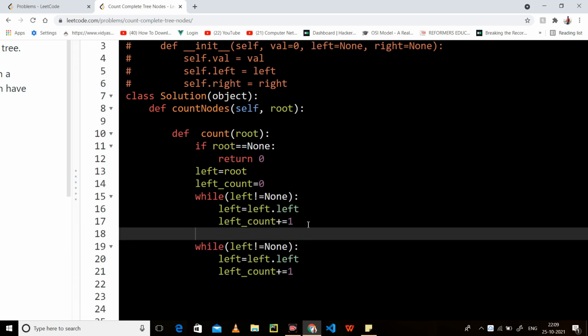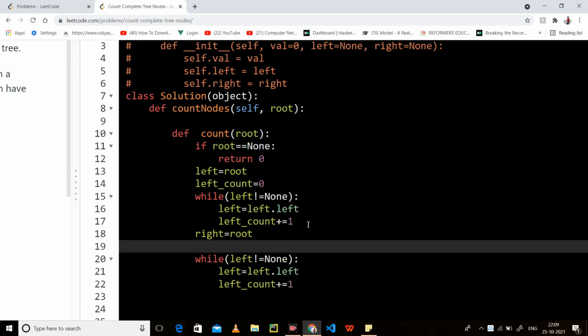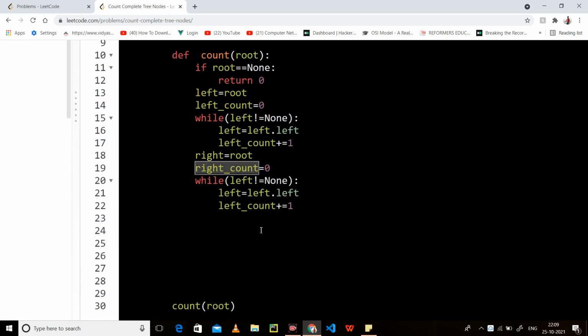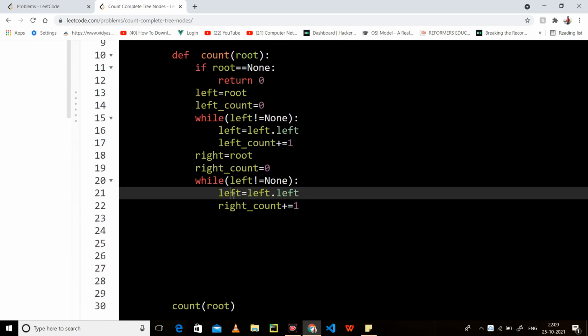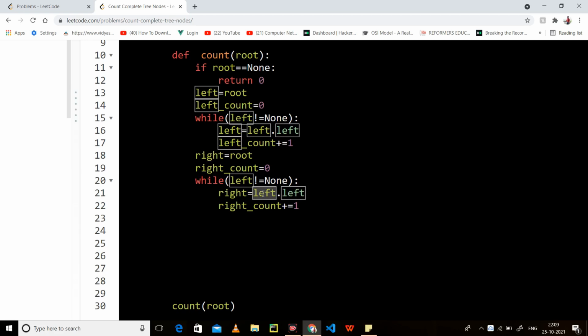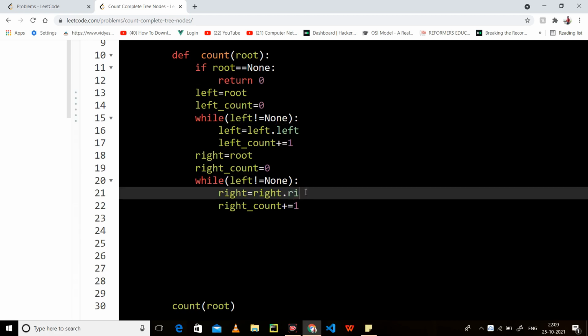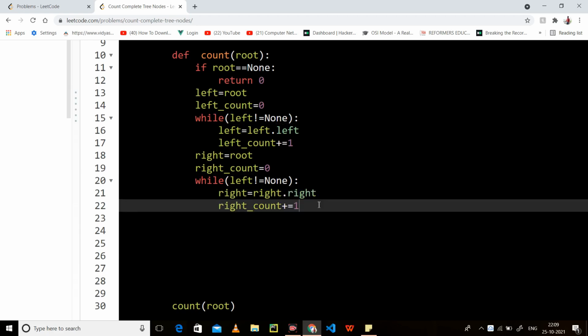In the same manner, right is root, right count is 0. So this would be right count, and this would be right, right, right.